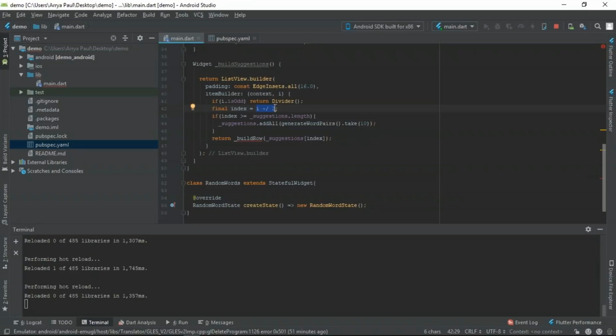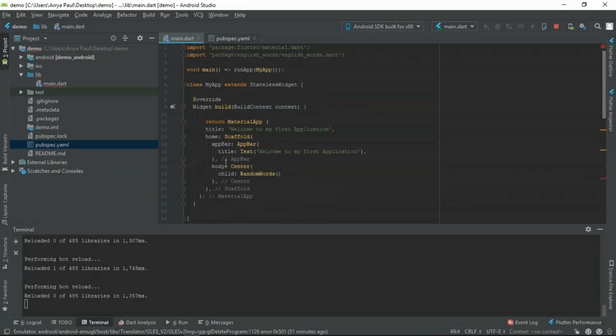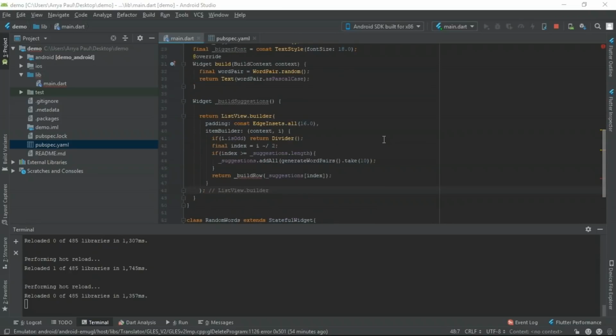So now what we need to do is add a build row function to the random word state. What we need to do right now is go back to our stateless widget, and what we see out here is that we have returned a scaffold. In the scaffold we are setting the title, and what we need to do is change the body. So we change the body by saying, let's put this body out, and the body will be returned by buildSuggestions. Okay, so now that we built our list view builder,